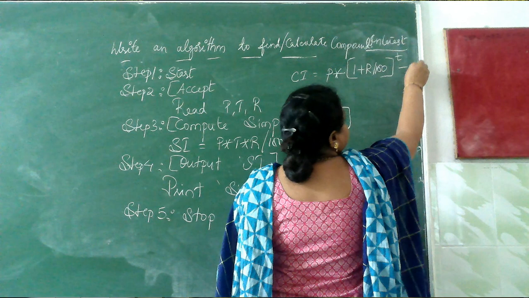So let's continue the same topic, and we will write an algorithm to find compound interest. This is simple interest. To calculate simple interest, we use P into T into R by 100. Now we will learn to calculate compound interest. To calculate compound interest, the formula we will be using is